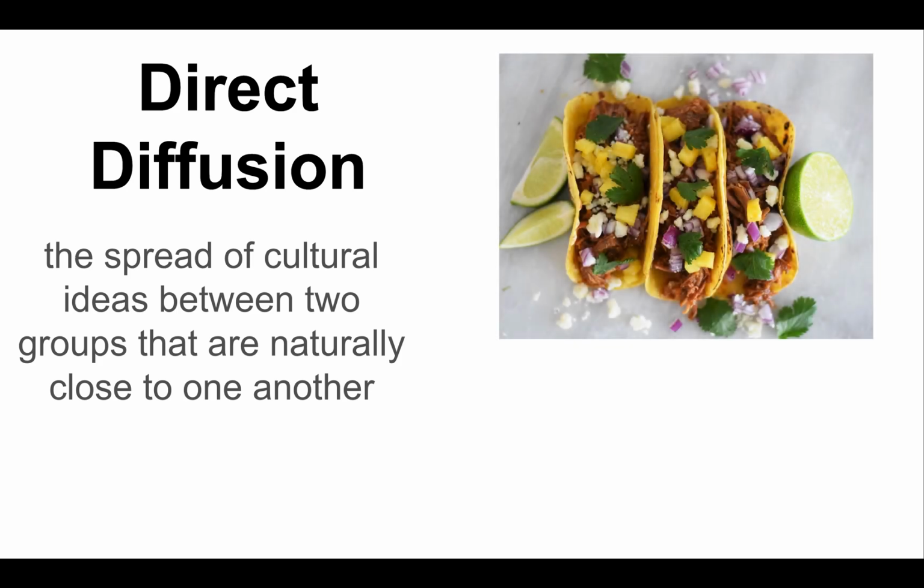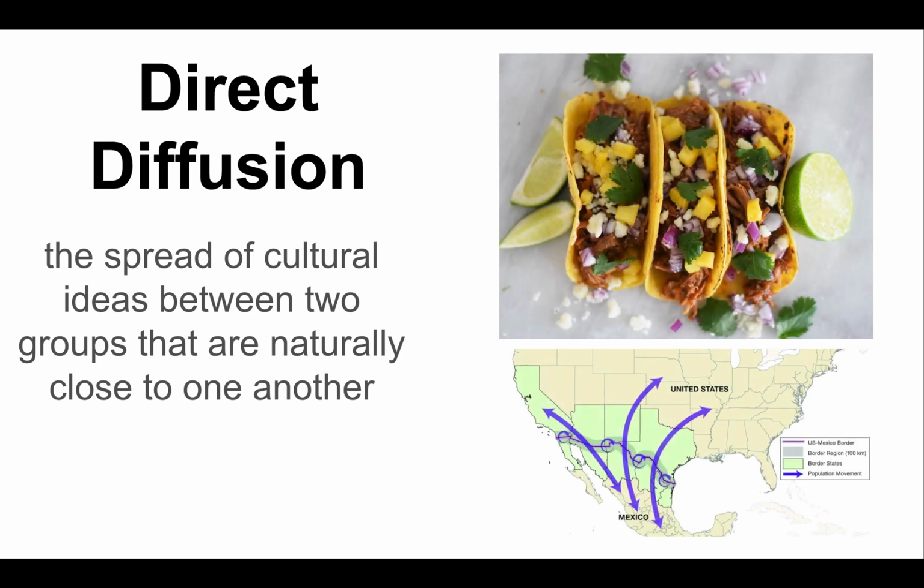Well, let's talk about food. Now, if you think about how Mexico and the United States share a border, and that border in some cases is just kind of an arbitrary line, right? Culture moves beyond that line. So the beliefs, customs, traditions, including clothing and music and food, are going to spread both ways, right?